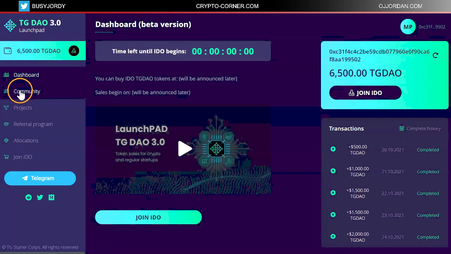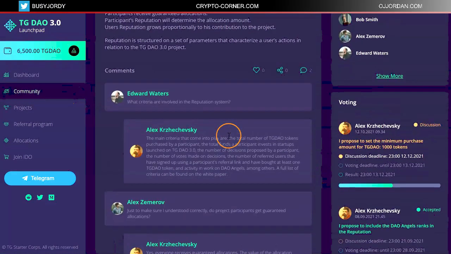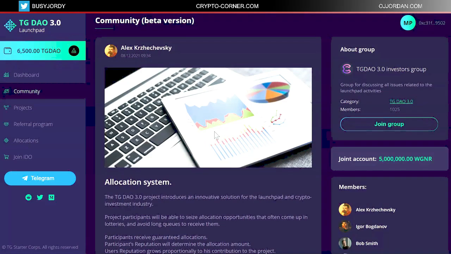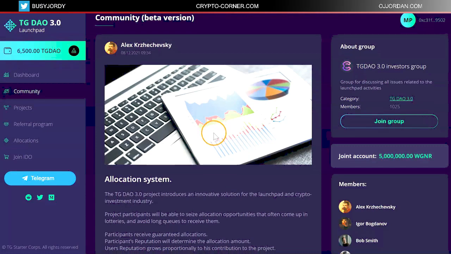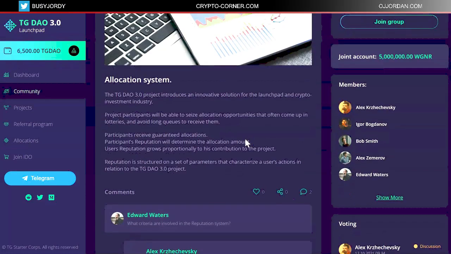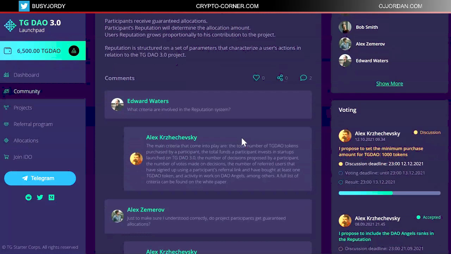If we go to the community, this is where people are actually making posts. They can share different articles and opinions, share experiences and help each other, and everything that a community is doing and is discussing through posts and comments, pretty much as a social media. This is also where voting can be discussed, and all members of the community are voting.